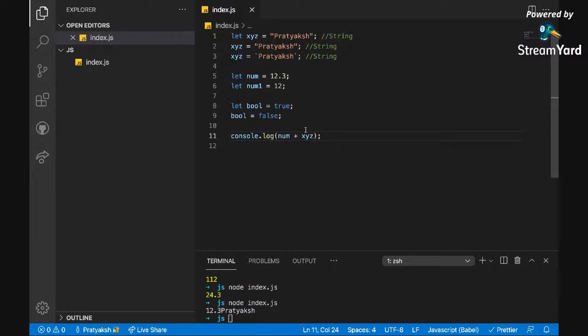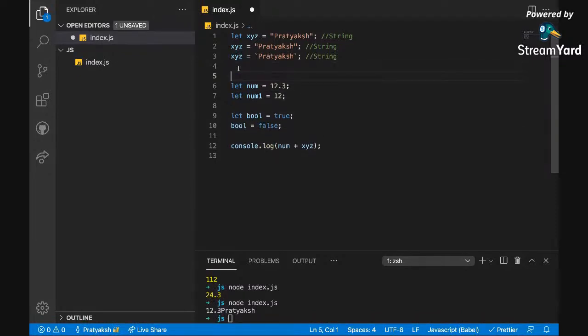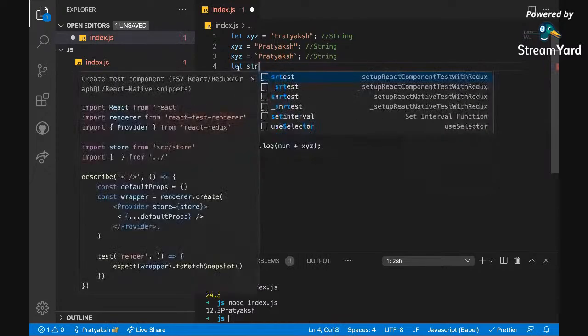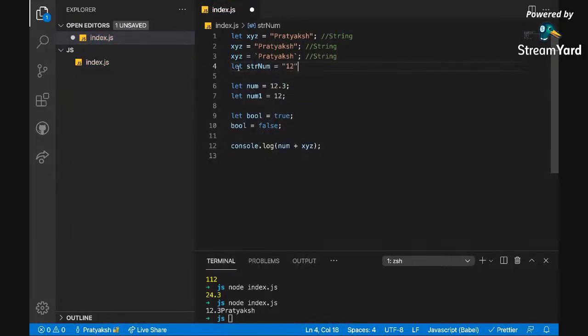This is implicit. Now we can do explicit also, where we ourselves, the user, say that you need to change the data type over here before performing. So let's say I have let strNum is equal to 12. Now I have saved 12 in a string, and instead of xyz, I give strNum. If I print it, it gives the same result, because according to it, it's a string. It doesn't know what is inside, but it knows it's a string and it's a number. So I'll convert the number into a string and I'll concatenate it. Hope that is clear.